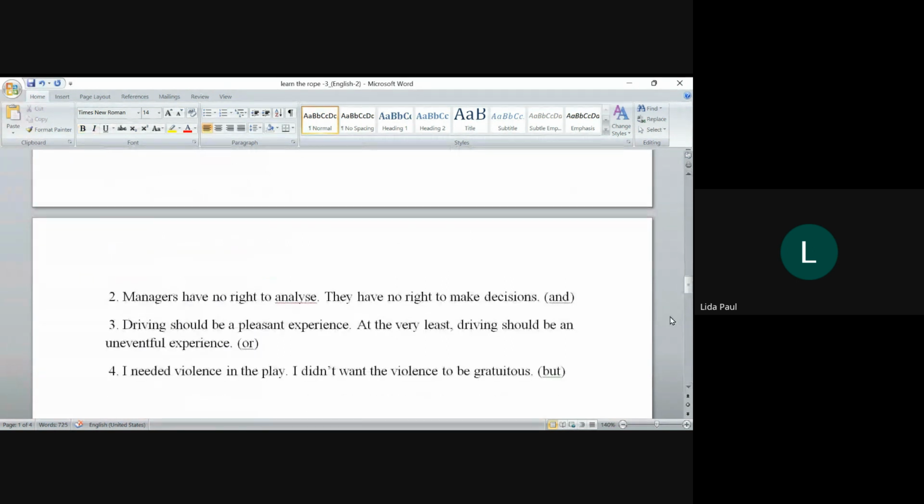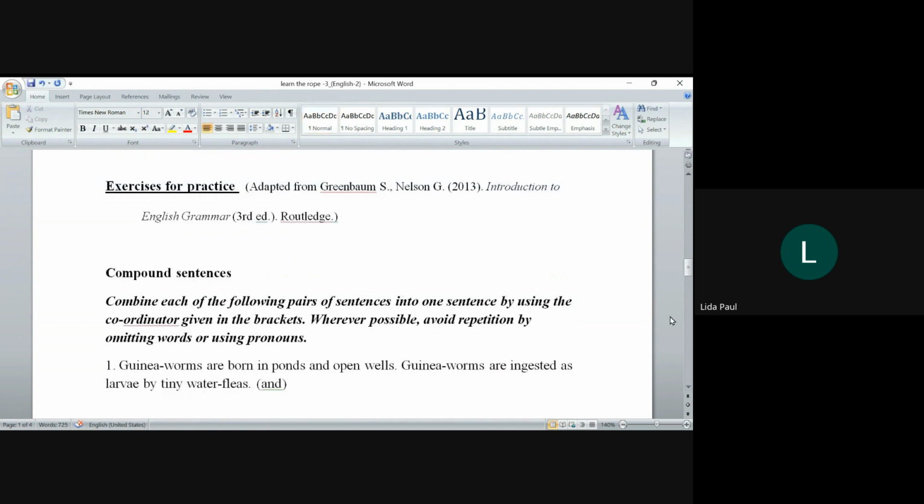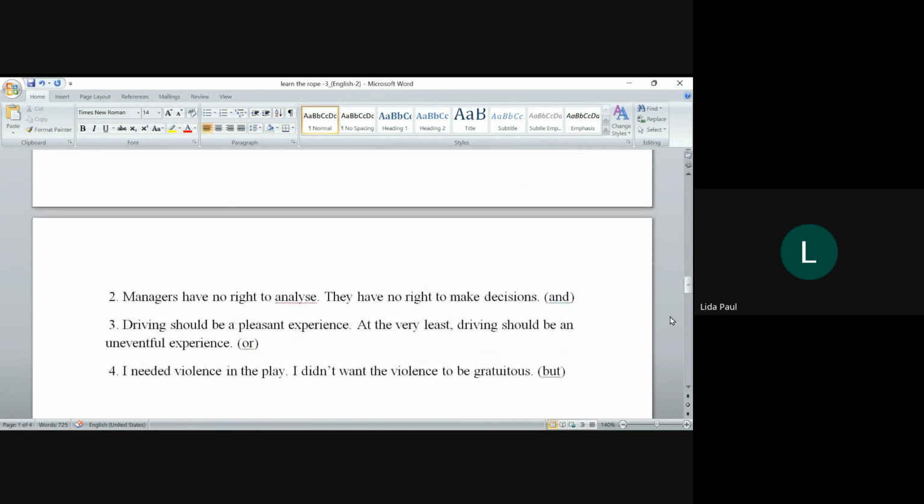Managers have no right to analyze. They have no right to make decisions. Again, you'll use the conjunction and. To analyze and make decisions, ma'am. No right to analyze and make decisions. Let me check. Omitting words. But if I say managers have no right to analyze and make decisions, this is a simple sentence,